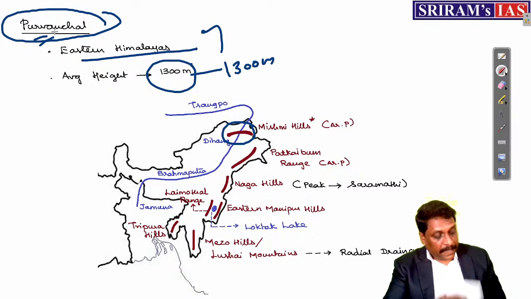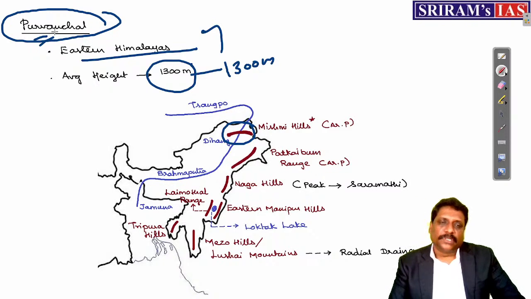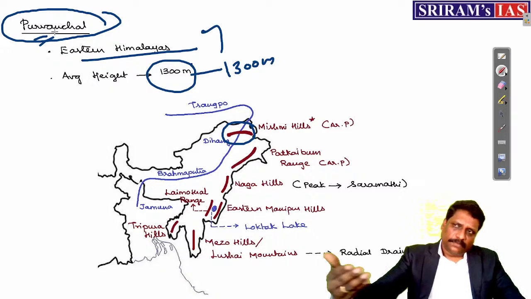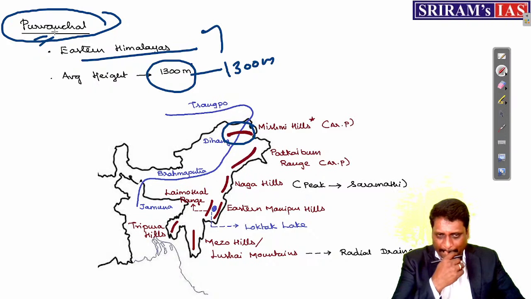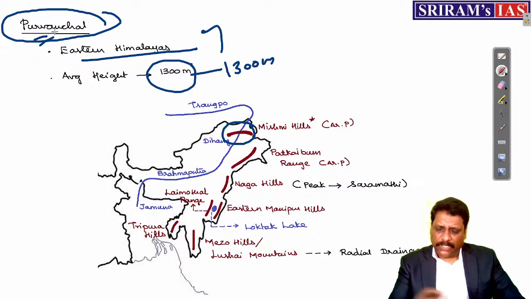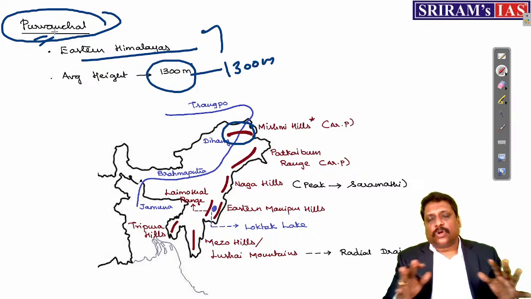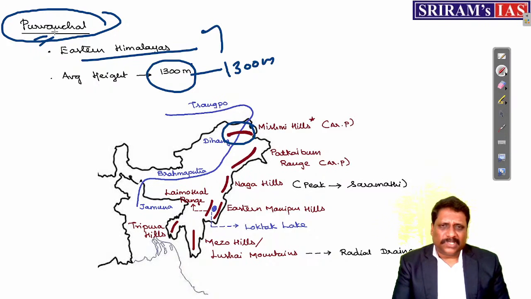See, the word Purvanchal somewhere it gets repeated. You're there in Bihar, or even, say, for example, you're there in eastern Uttar Pradesh, very near to, say, for example, Varanasi. Even the administrative divisions, you call them as what? Purvanchal. Or even in Tripura, there is a mountain called Purvanchal. That is okay. Just for our convenience, all these eastern Himalayas collectively, you call them as what? Purvanchal. Starting from Mishmi Hills.